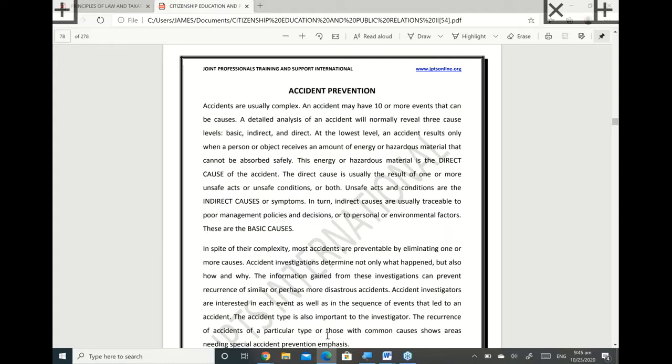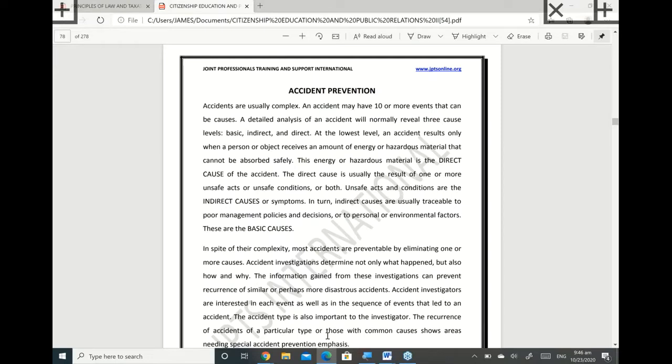So an accident may have 10 or more events that can be caused. A detailed analysis of an accident will normally reveal 3 cause levels: the basic, the indirect, and the direct. At the lowest level, an accident results only when the person or object receives an amount of energy or hazardous material that cannot be absorbed safely. The energy is hazardous matter, so we talk about the basic, the indirect, and the direct accident causes, and you need to understand that accident investigation determines